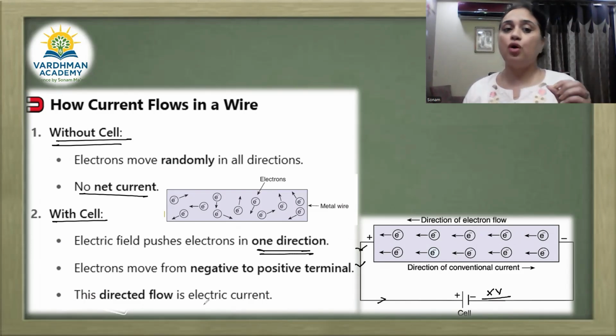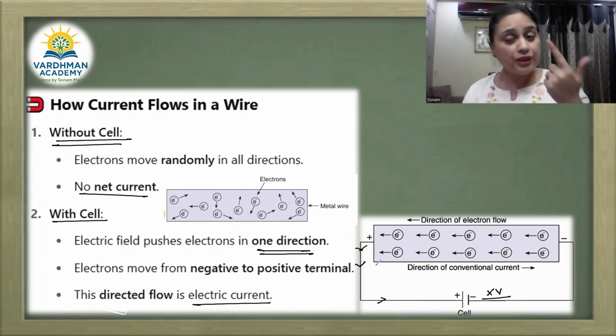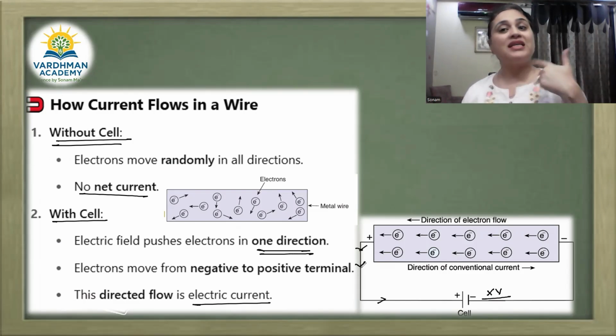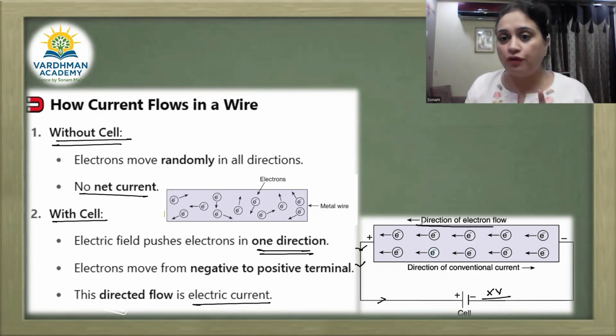So the directed flow of electric current is nothing but the flow from the positive terminal to the negative terminal. अब इस टॉपिक में से एक बहुत सिंपल सा क्वेश्चन बन जाता है. क्वेश्चन आता है कि फ्लो ऑफ इलेक्ट्रॉन्स का डायरेक्शन क्या है और फ्लो ऑफ करंट का डायरेक्शन क्या है. If I am talking of direction of electron flow, it is always from the negative terminal to the positive terminal.